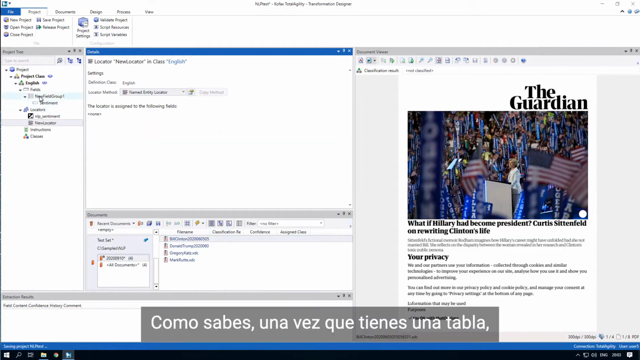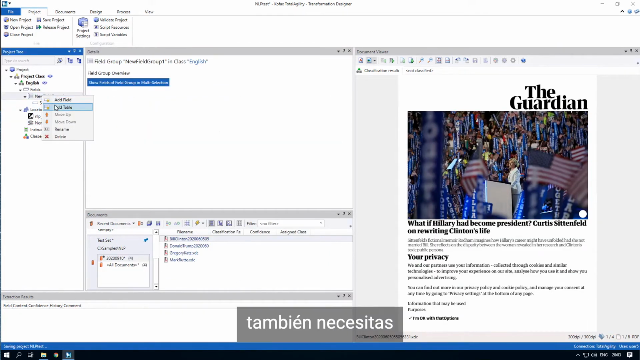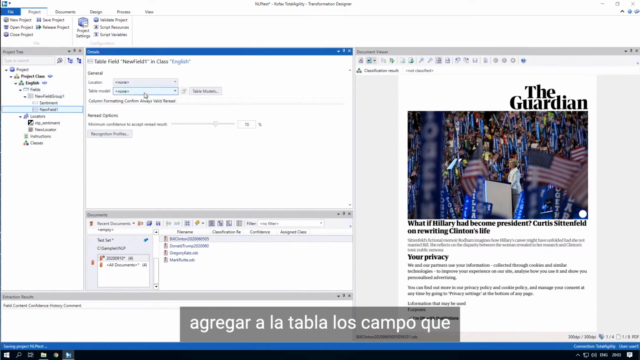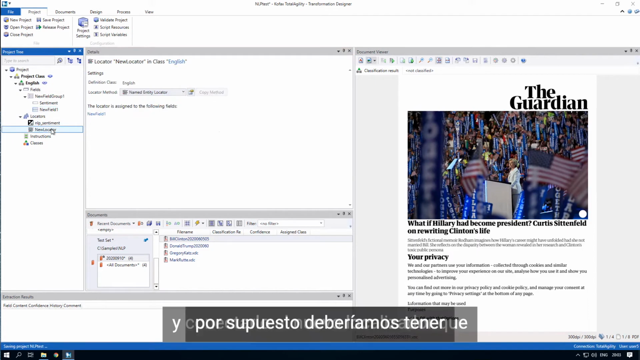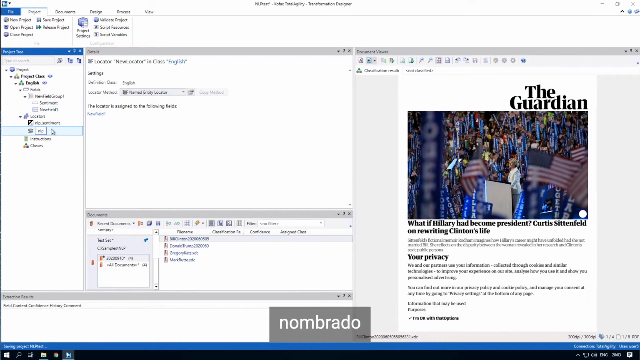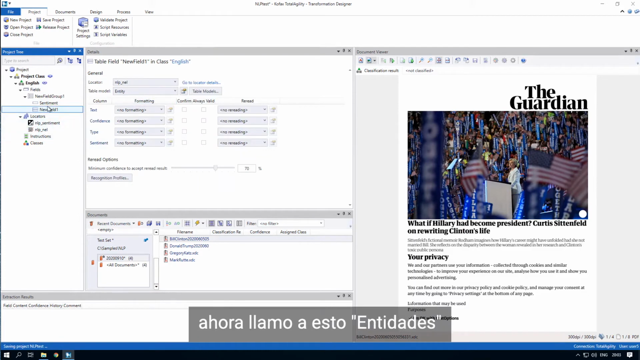And as you know, once you've got a table, you also need to add a table to the actual fields you want to use and connect that to the new locator that we of course should have named a proper one. NLP underscore named entity locator nel, and then we have this and a nel and call this the entities. There you have it. So those were the locators that we released with the very first version of NLP within